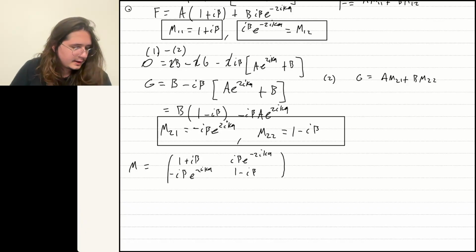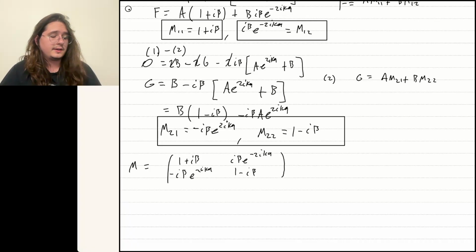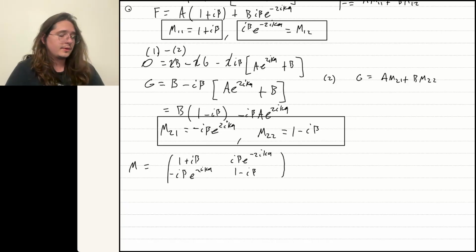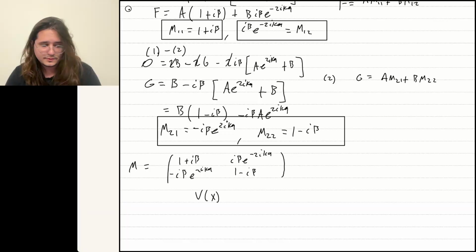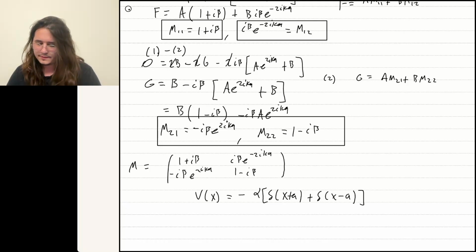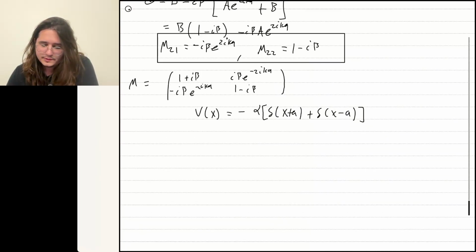But yeah, now part D is looking like, by the method of part B, find the M matrix for scattering from the double delta function. That is a potential that has the form of minus alpha delta(x plus a) plus delta(x minus a), right? We can split this up into two potentials. That's why he's suggesting we use the method from part B for this,